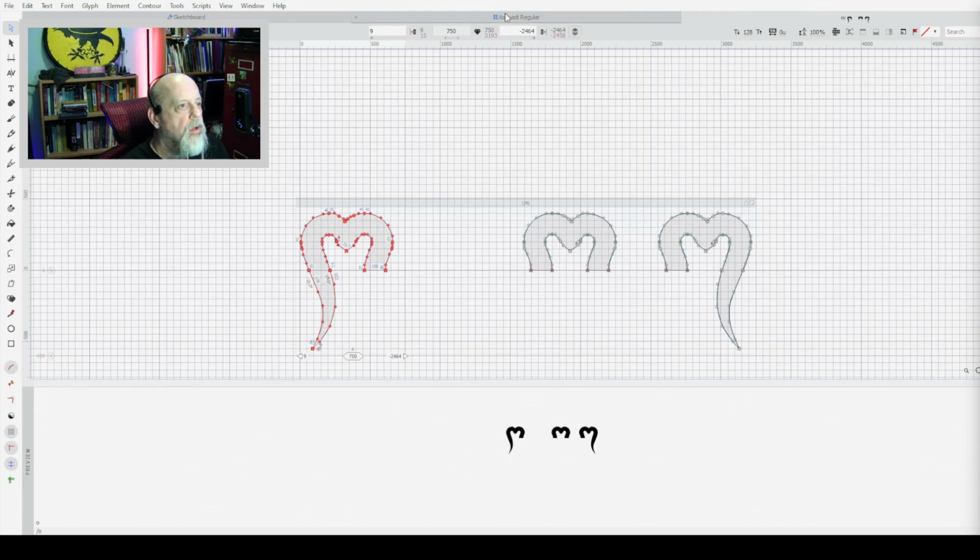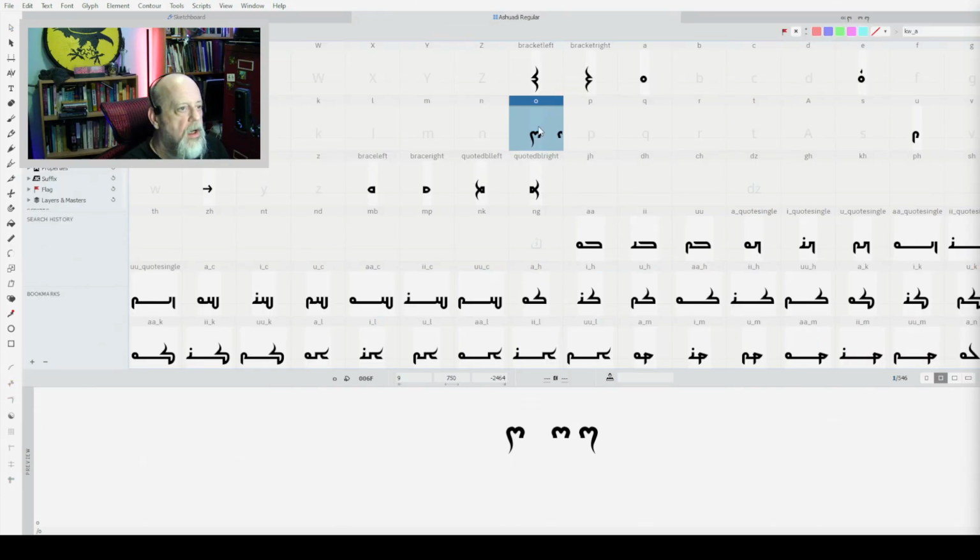So that one I can mark as good. Flag, I don't know, green. The color coding doesn't affect the font anyway. It's just a reminder for the user.